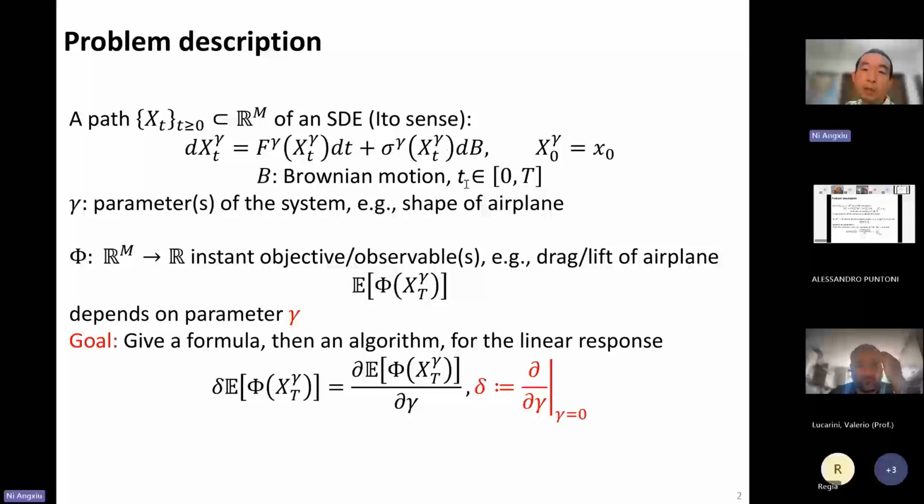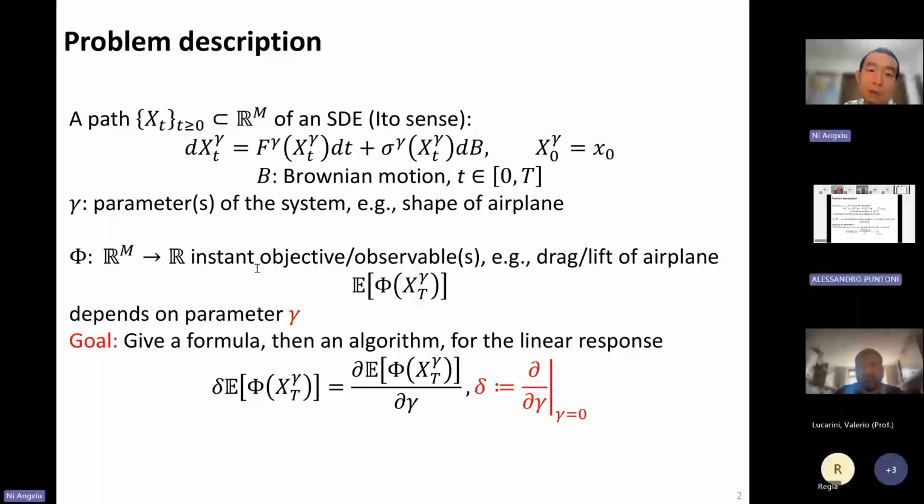B is the Brownian motion, and you run your system for a certain amount of time. This T can go to infinity. And gamma is some parameter controlling the dynamics. For a comparison, you can think of an airplane, and this gamma would control the shape of the airplane. And then you have an observable function, which, our system has dimension m, so it's a function from